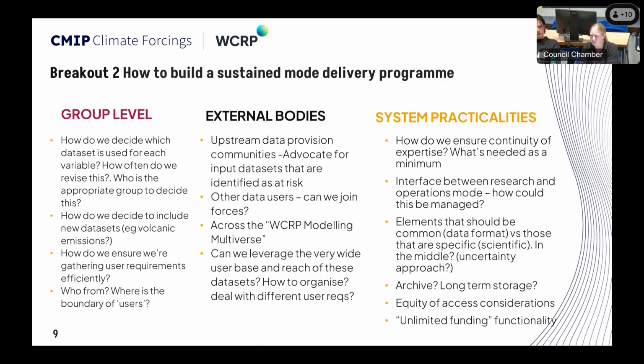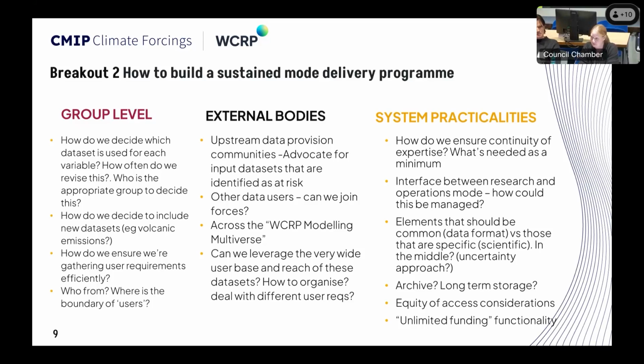That's our minimum, but what do you actually need to have something that you could consider sustainable as a data provider? Can we leverage aggregating the use cases to make the case that the data doesn't happen by magic, it requires sustained effort? And then how do we think about archives?